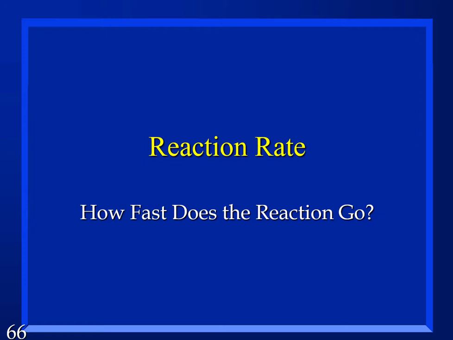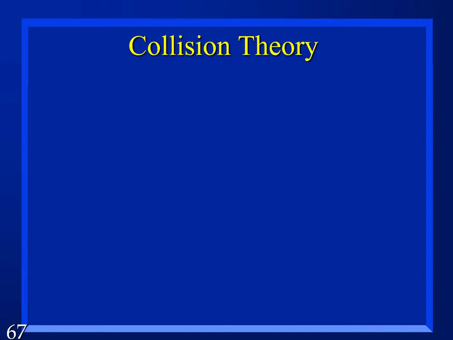So, the working theory that explains why rates change for chemical reactions is called the collision theory. Our explanation for why reactions go at different speeds, and how we can speed a reaction up or slow it down, all comes out of the collision theory. And the collision theory starts off with a really basic idea